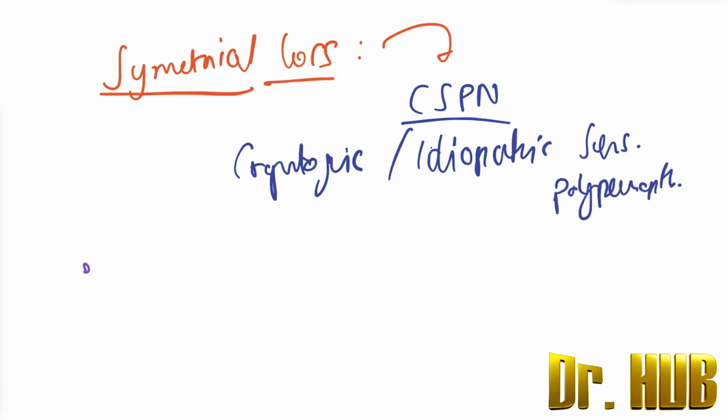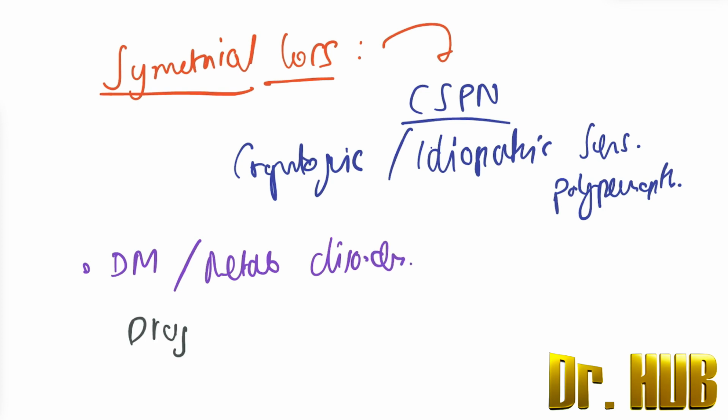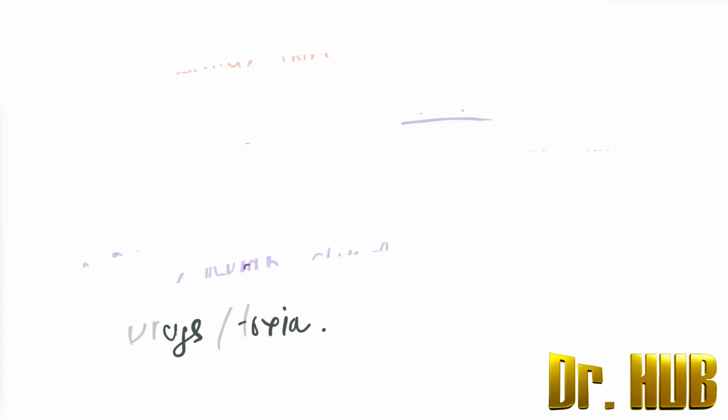Next is the involvement of the DM. DM stands for diabetes mellitus as well as the metabolic disorders. So there's also the presence of the metabolic disorders. Next there's involvement of drugs as well as presence of toxins. So these are all the symmetric losses: cryptogenic, idiopathic, sensory polyneuropathy, CSPN, diabetes mellitus, metabolic disorders, drugs, presence of toxins, then the